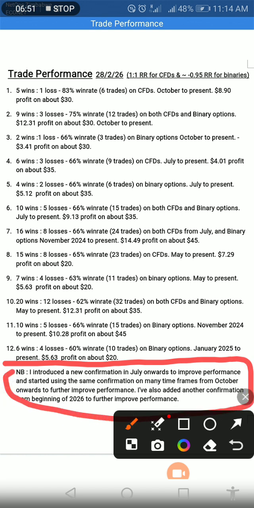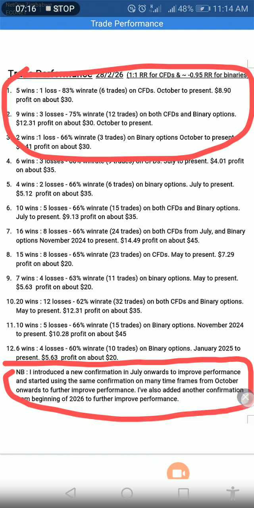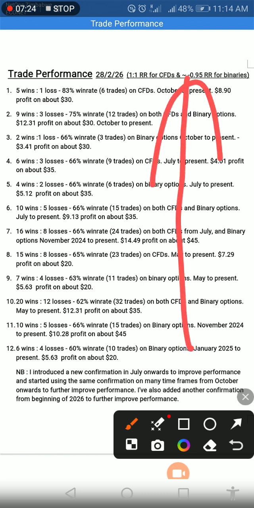I added a confirmation in July onwards, and the same confirmation started using it on multiple time frames from October onwards. That's why they are better performance there. And then also for this year, for 2026, I also added another confirmation for my trading, which will further improve my performance. So that's why you will see that the win rates will be increasing with time, and the average number of trades also